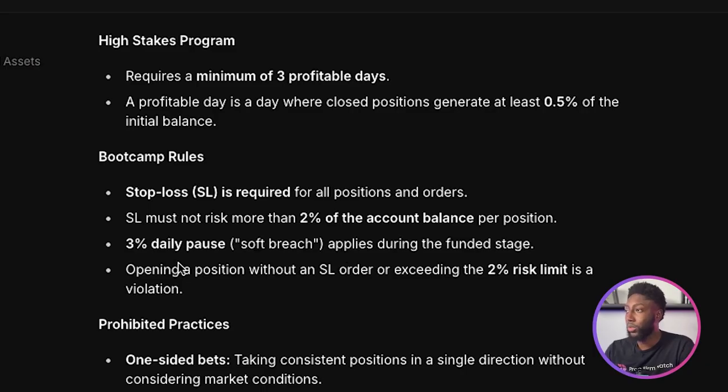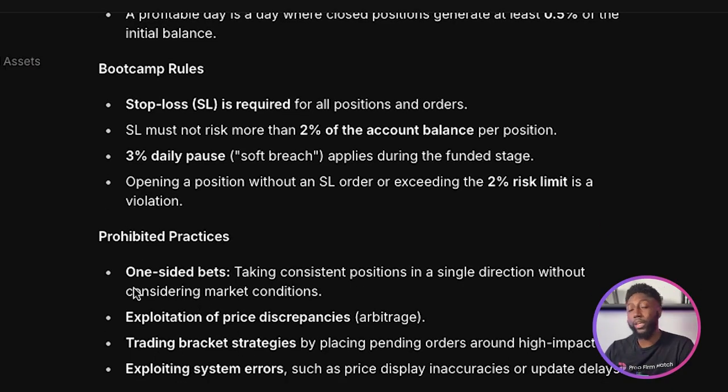3% daily pause, which is a soft breach, applies during the funded stage. And opening a position without a stop loss order or exceeding the 2% risk limit is a violation. Here are some prohibited practices: one-sided bets, meaning taking consistent positions in one single direction without considering market conditions, exploitation of price discrepancies, also known as arbitrage, trading bracket strategies by placing pending orders around high-impact news, and exploiting system errors such as price display